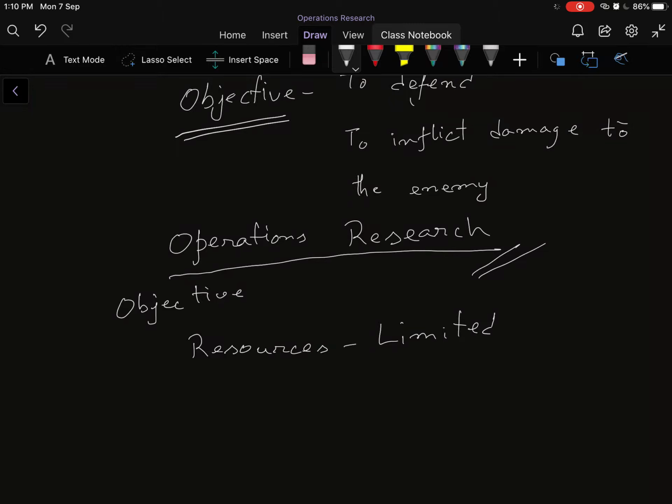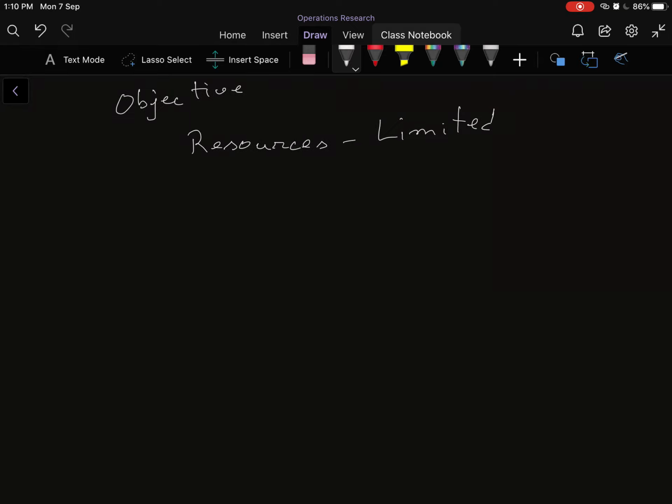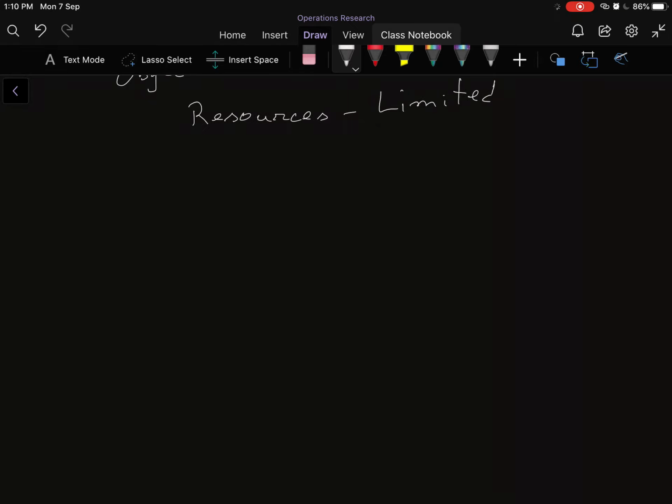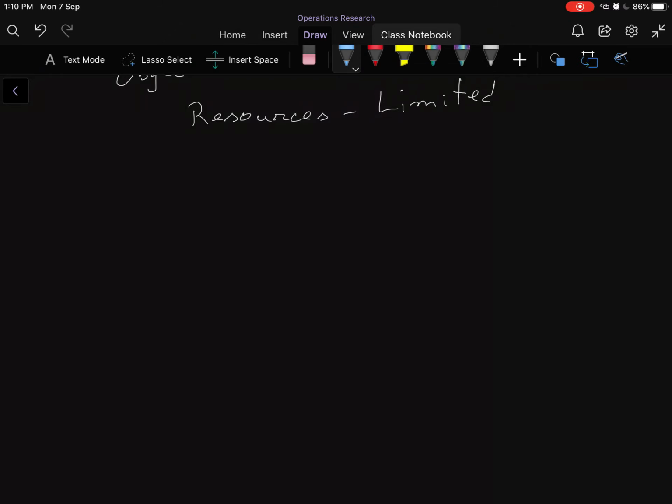Now let's see one practical example where operational research is applied, and let me tell you that this is one of the most active areas of research today, and that is treatment of cancer. Now what is cancer? Cancer is just unlimited or uncontrolled growth of certain human cells. I'm talking about only human beings here.